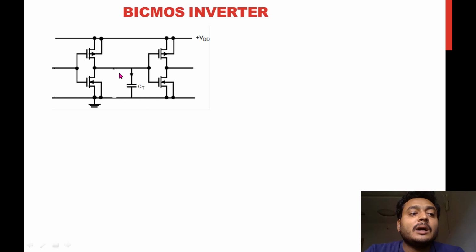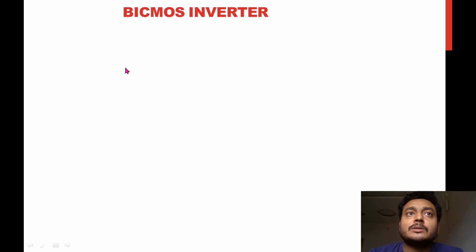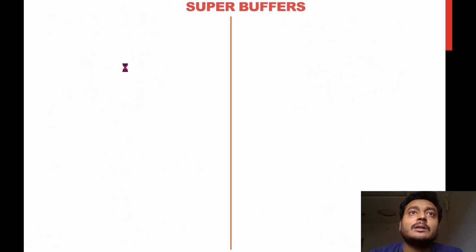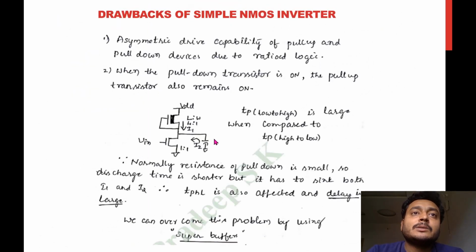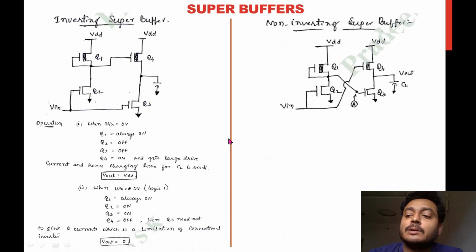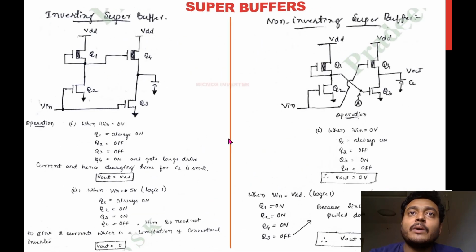At the same time, another aspect you're going to see is if there are two CMOS inverters cascaded like this. If you see the previous NMOS inverter, the output of this one is connected to the input of the next inverter. There is only one input gate, so the gate capacitance CG will be through one transistor.